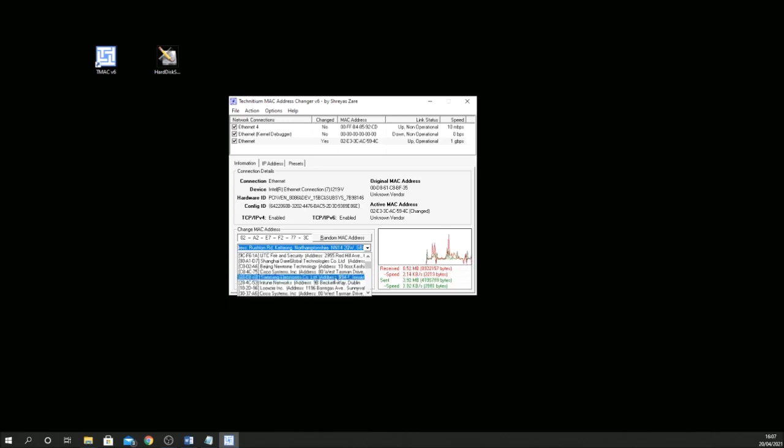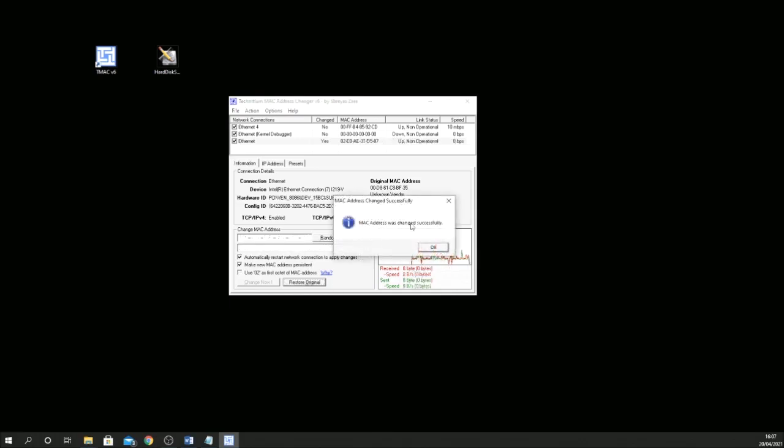I'm going to choose Samsung just because I can, and at this point it will tell you what MAC address you're going to change it to. So D587 is at the end, so I'm going to click change now. There you go, MAC address was changed successfully. Click OK,